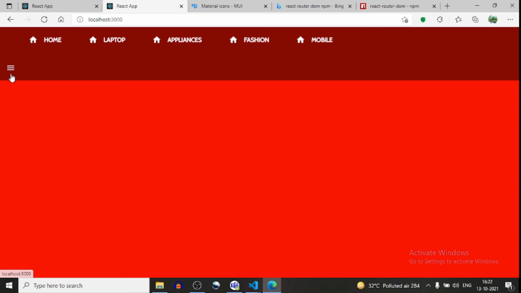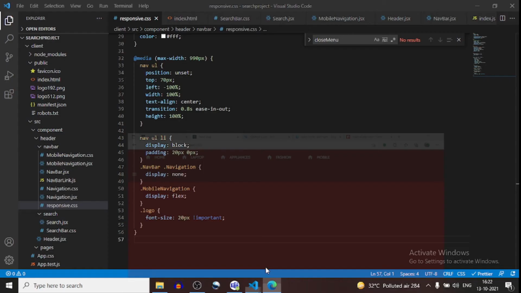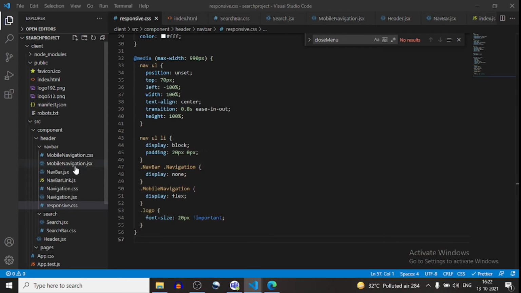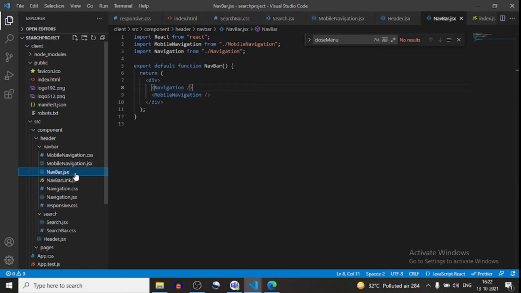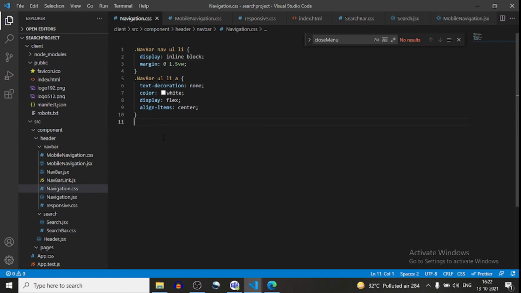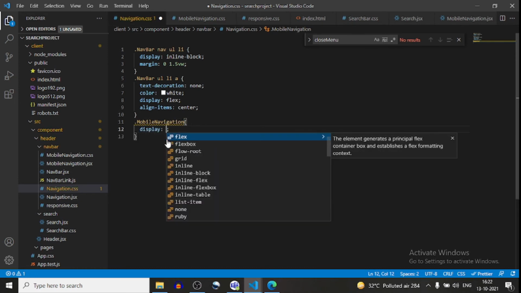Whenever we are in the browser view, I don't want this. For that what I will do, I will go in navbar.jsx, sorry, in navbar navigation.css, and here I will define mobile navigation, and this mobile navigation will be display none.